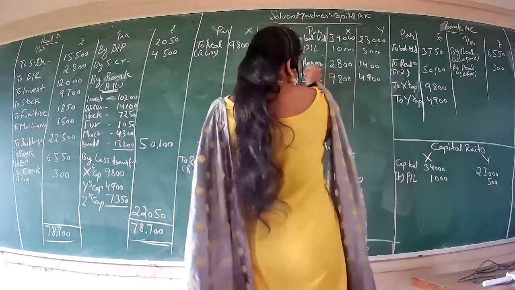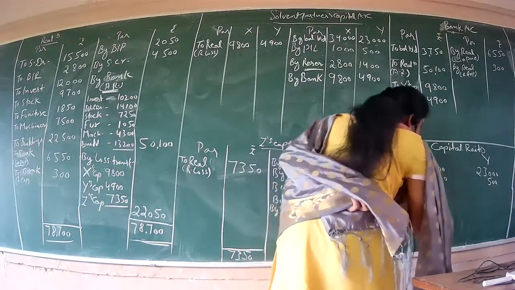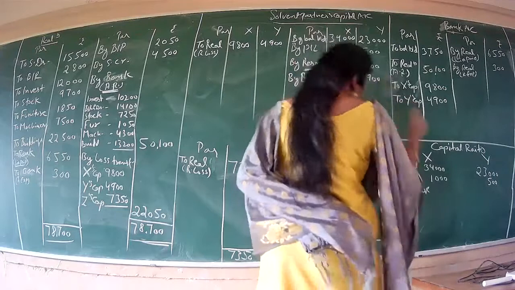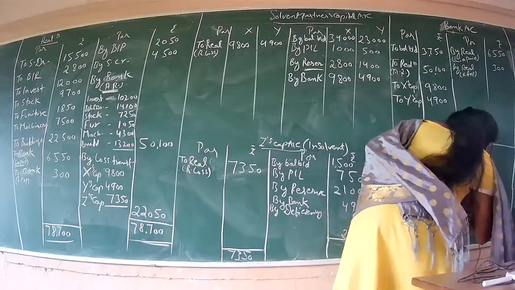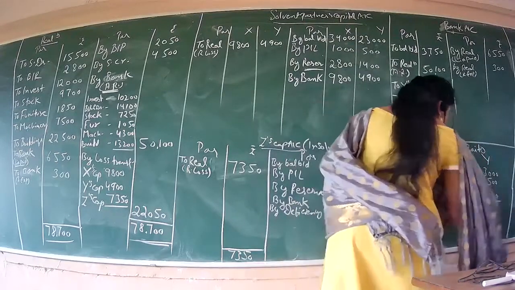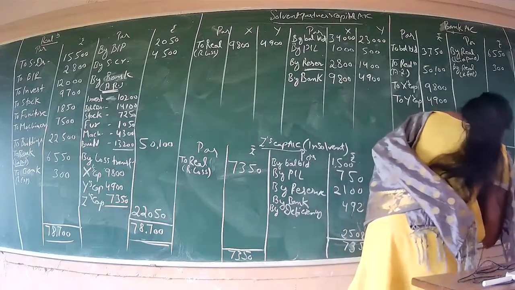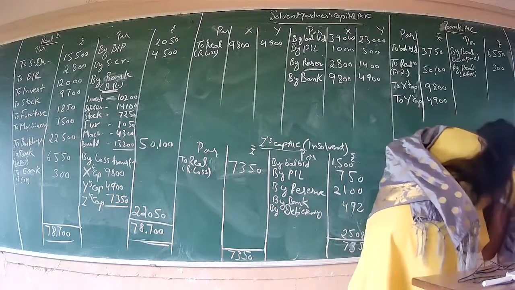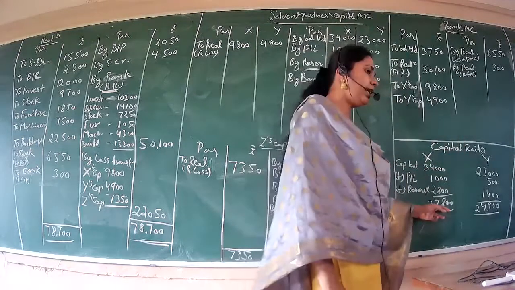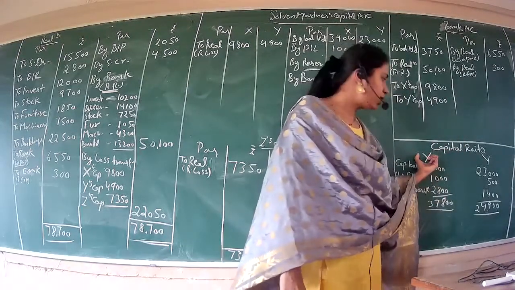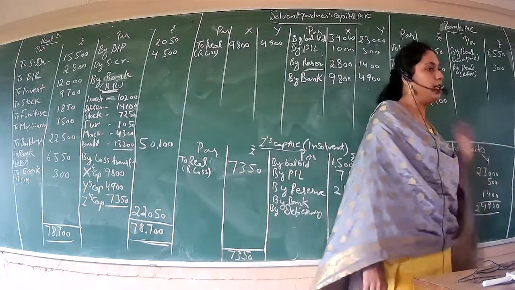And if we have reserve in the question, then we have to add the reserve also, because reserve also we used to make from the profit only. So reserve, and how much is the portion of reserve for X? 2,800, and for Y, 1,400. So these three we have to add. And if we add, 37,800 is X's capital just before the dissolution, and 24,900 is Y's capital just before the dissolution.